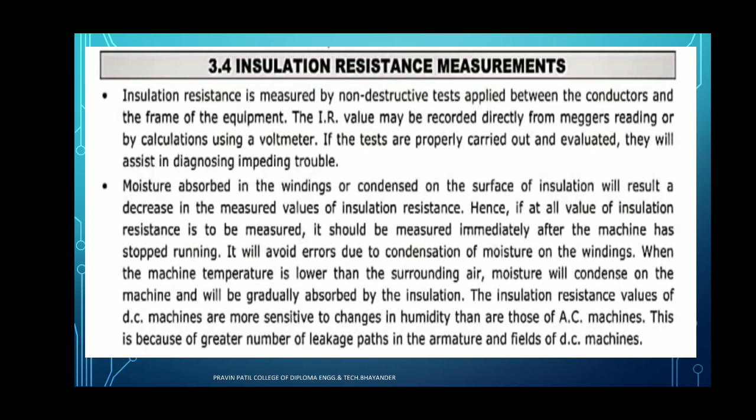So, after some periodic interval, we have to take the insulation testing with the help of the megger or another device. The insulation measurement is an essential part for the electrical equipment as well as the electrical machines, and we have to test the insulation resistance of each and every electrical part. It may be the electrical machines or other devices. So insulation testing is essential. Megger is used for the high insulation resistance purpose.